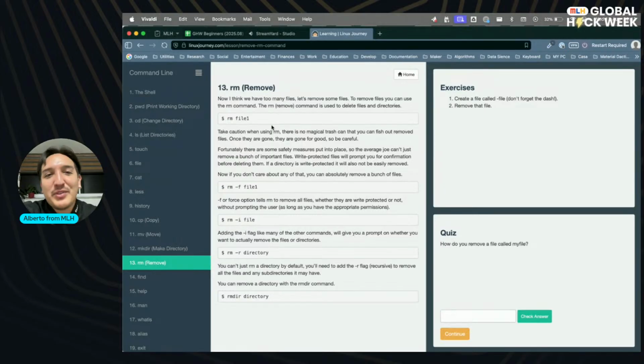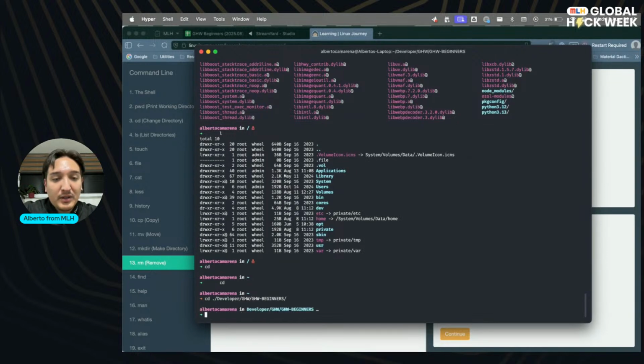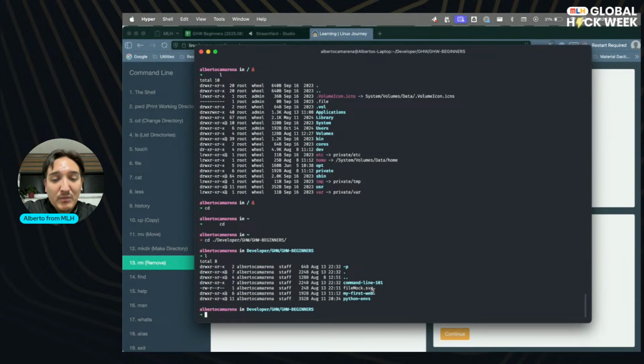Now, I think we have too many files. Let's remove some files. To remove files, you can use the rm command. We are going to use it really quick. Let's move first to where we were on the beginners. Let's see that we have my file mock and things like that. Also, since I added the flag at the end, this was not considered a flag, but a directory. So first, let's delete the file mock,